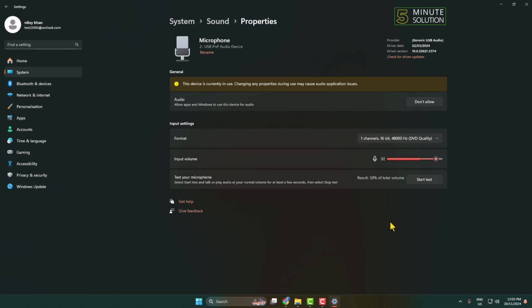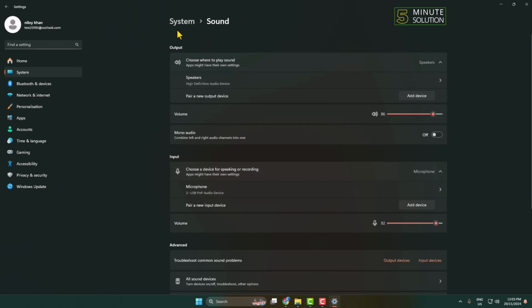And now to test whether your microphone is working or not, click on start test, and here you can talk and check whether your microphone is working. And here we can see the result, 100% of total volume. Okay, after that go ahead and check the issue, and now again come to this system sound settings page, and